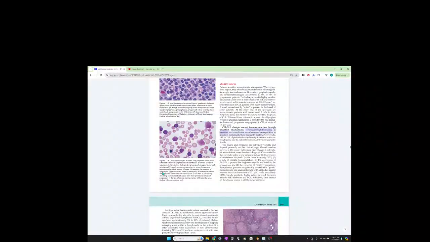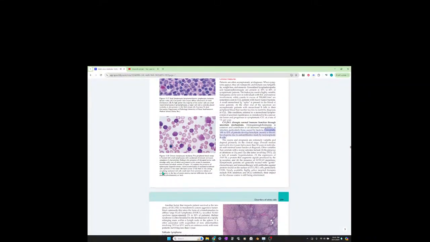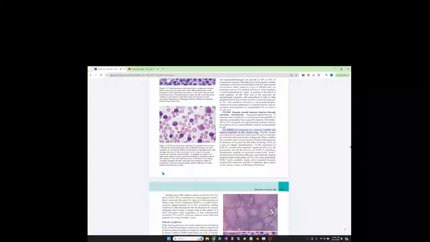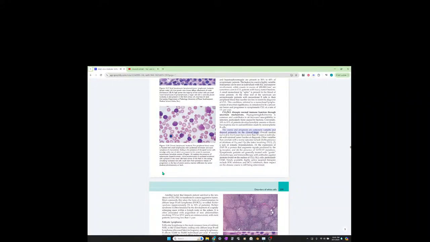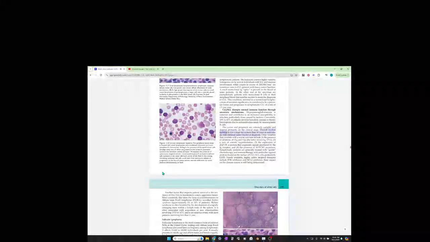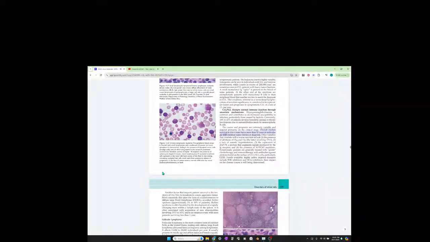Hypogammaglobulinemia is common and contributes to an increased susceptibility to infection, particularly those caused by bacteria. Conversely, 10% to 15% of patients develop hemolytic anemia or thrombocytopenia due to autoantibodies made by non-neoplastic B cells. The course and prognosis are extremely variable and depend primarily on the clinical stage. Overall median survival is 4 to 6 years, but is more than 10 years in individuals with minimal tumor burden